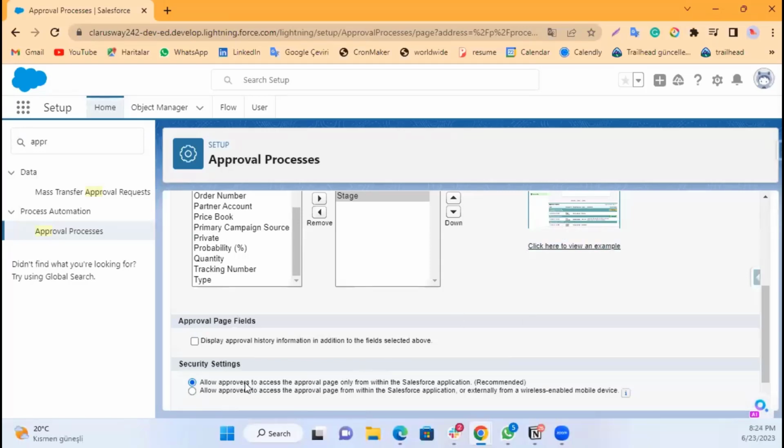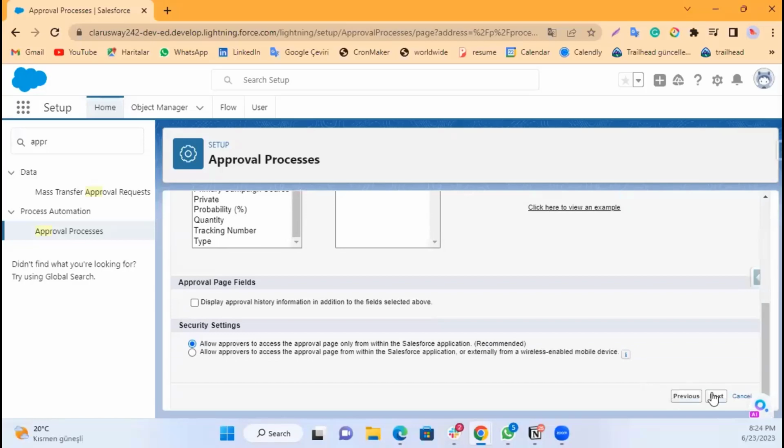Here, allow approval page access only from the Salesforce application or any other external wireless enabled mobile device. We will select. We actually recommend allowing just the Salesforce application. Next,